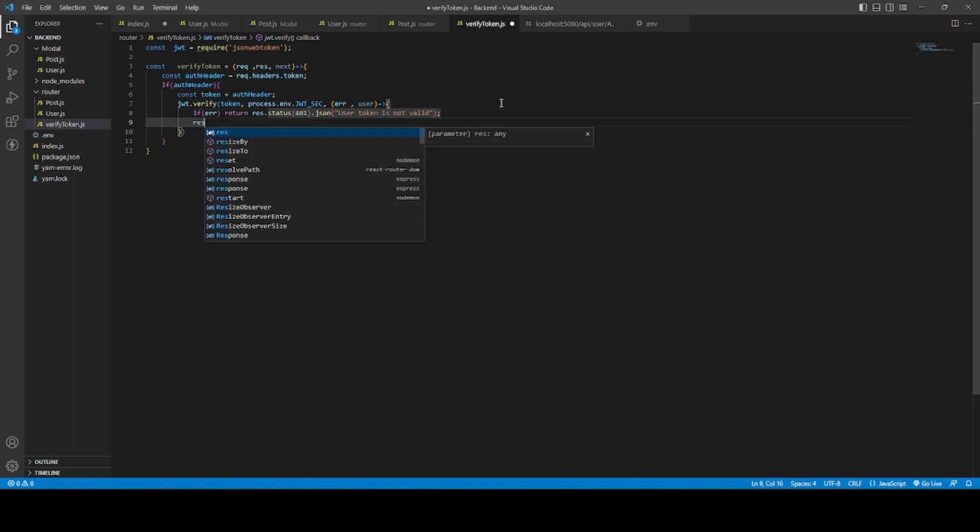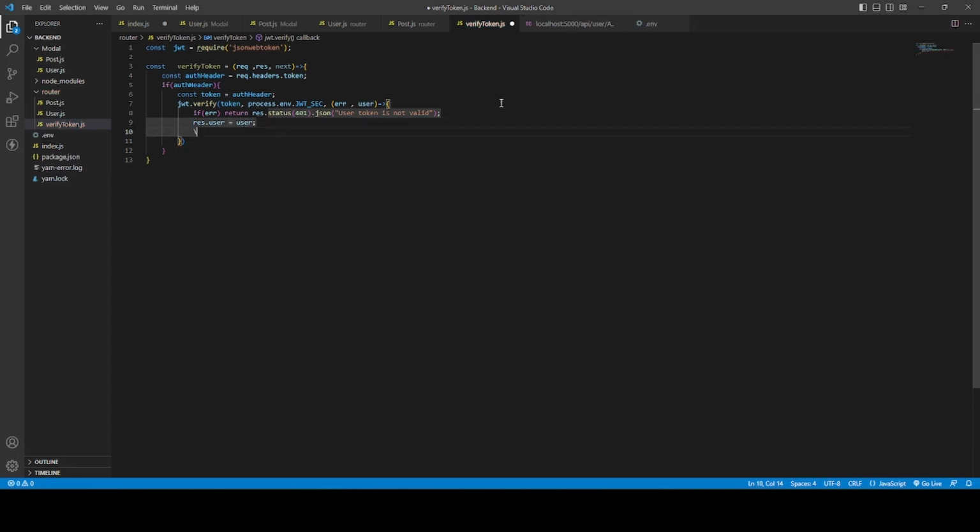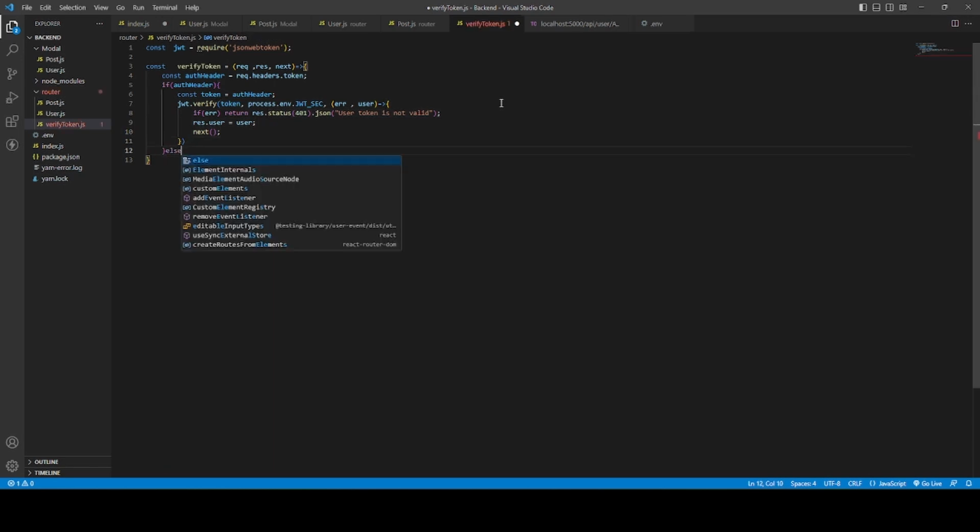Also, we are going to return our user, req dot user equals user, and then we are going to write a next. Else